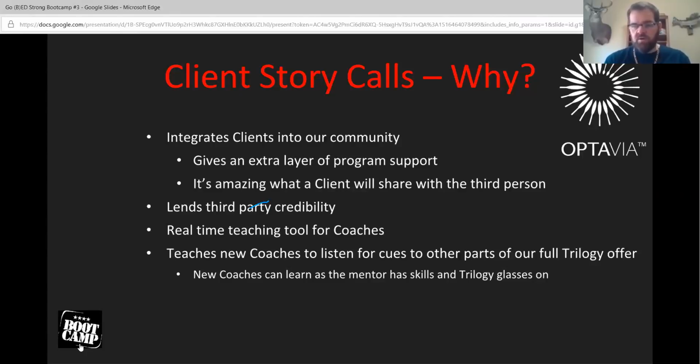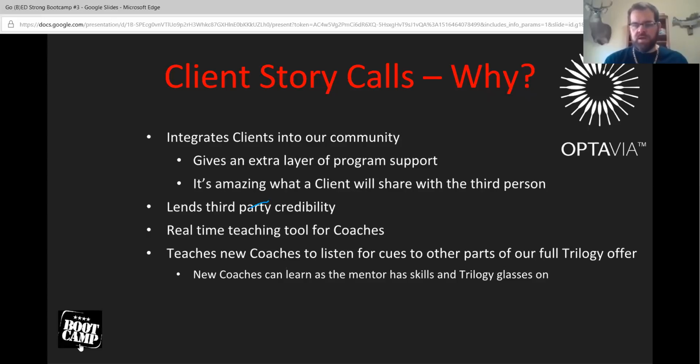Even if it's just a day longer than you, they've still been doing it longer. And they've got their Trilogy glasses, and they're not as concerned about the weight loss as they are listening to signals and cues. Maybe the person's having a job situation, or maybe things aren't going well at home, or they've been struggling over money, or something's going on, and your mentor coach is listening to that to help them move forward to becoming a coach too.